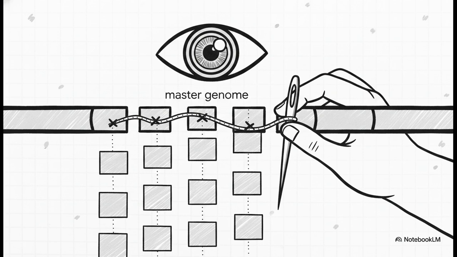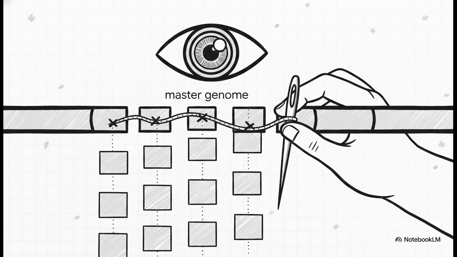When we do have that master genome, scientists often rely on an alignment tool called Top Hat. Now, human genes are tricky. They aren't just solid blocks of text. The cell actually chops them up and splices them together in different ways, almost like a movie editor combining different scenes. Top Hat is a brilliant piece of software because it's uniquely splice-aware. It understands how these genetic sentences are stitched together, which lets it accurately map our tiny shreds right back to